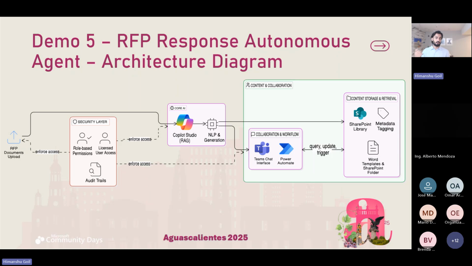Then the Copilot Studio, which has a RAG agent, there are multiple agents, and I'll show you a quick demo. This reads from the email or RFP packet which has been deployed. Usually there are multiple files, there are addendums to it, and it goes over that. And then there is a content collaboration agent. This agent has access to